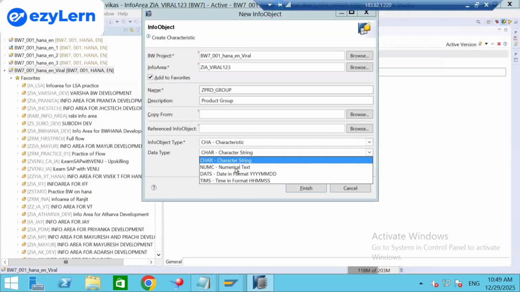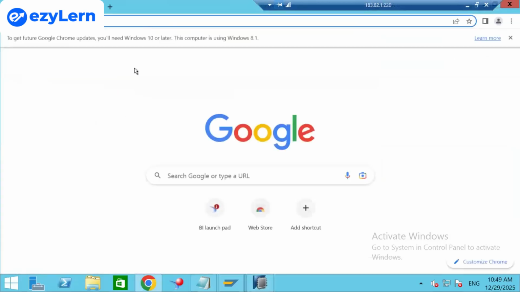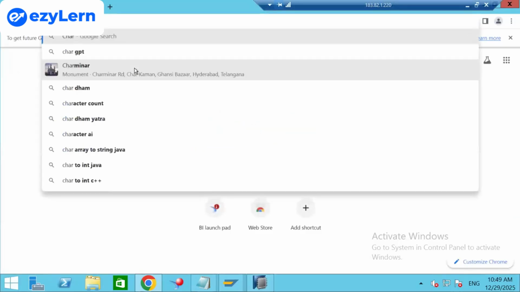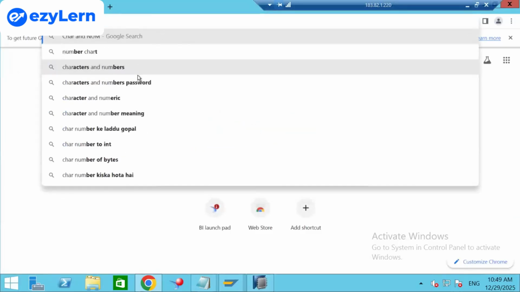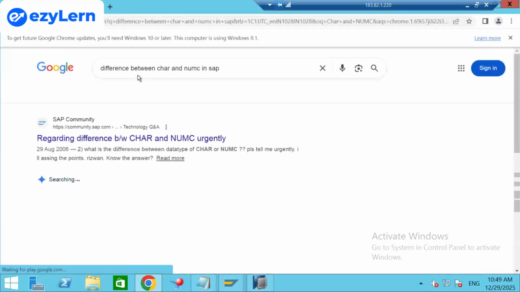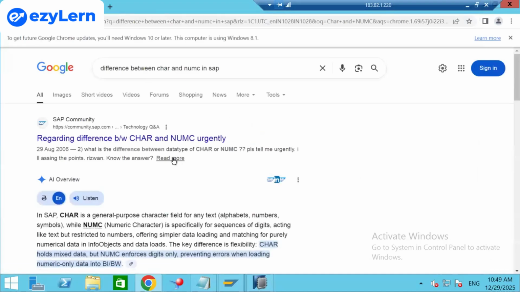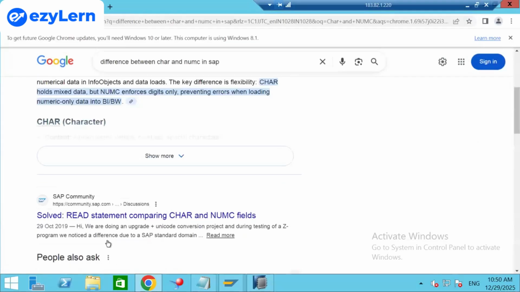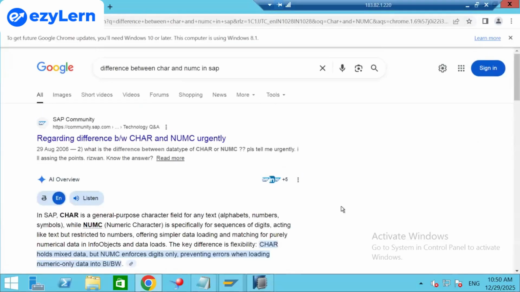Let me just go ahead and Google this one thing, because this is often confusing. So in SAP, character is general for character field for any text. So you can store alphabets, numbers, symbols in it, right? And NUMC is specifically for sequencing of digits, acting like text, but this is numbers only. Okay. So here, when you see your data,